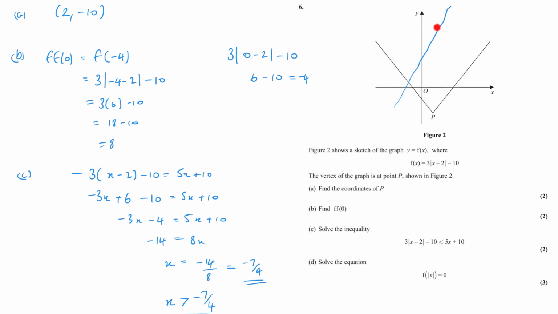Now, if you didn't do a little sketch so you knew that it crossed here, you would have to do this twice, one with the negative and one with the positive. You'd get two answers, and then you'd have to substitute both answers back into the inequality to check them. One of them would be this answer, which would work out correct. And then one of them would be another answer which when you put into the inequality wouldn't work out, wouldn't make sense. Okay,